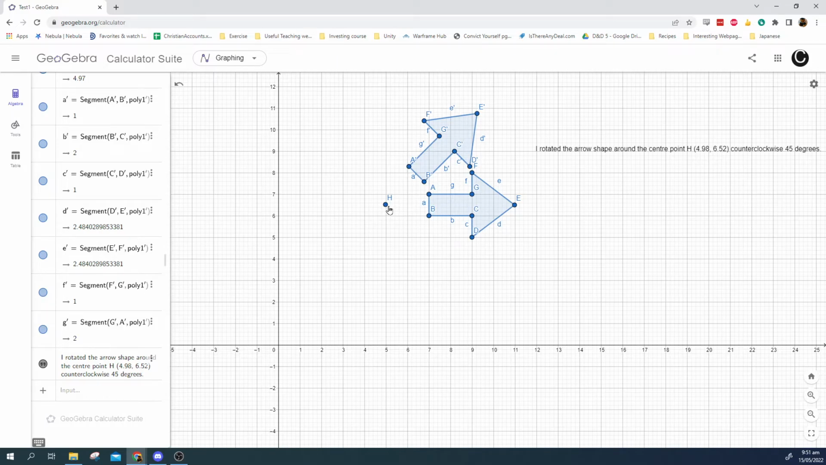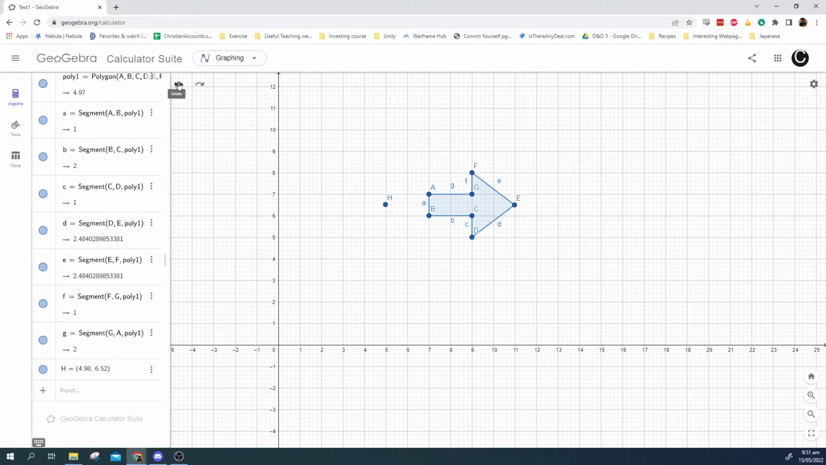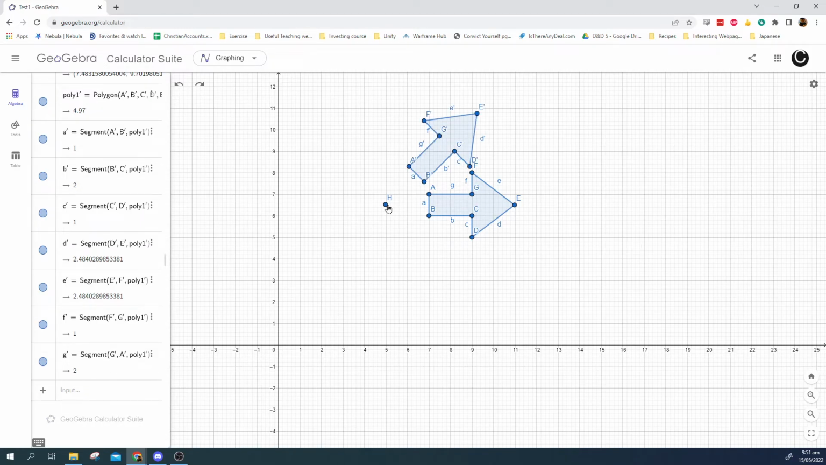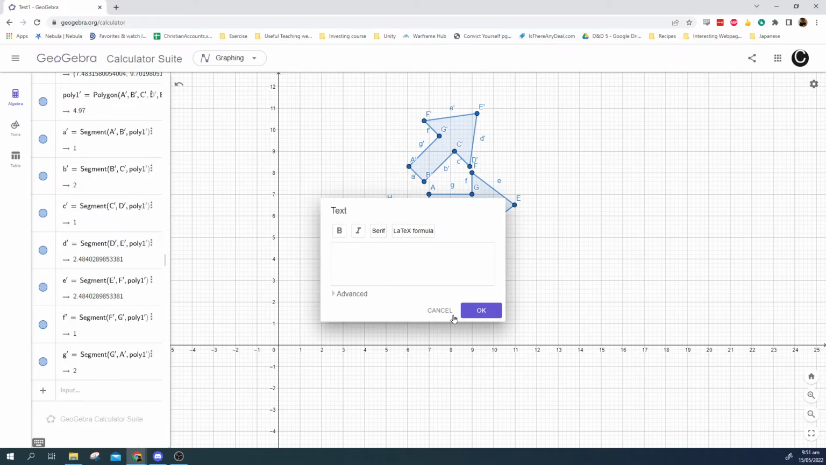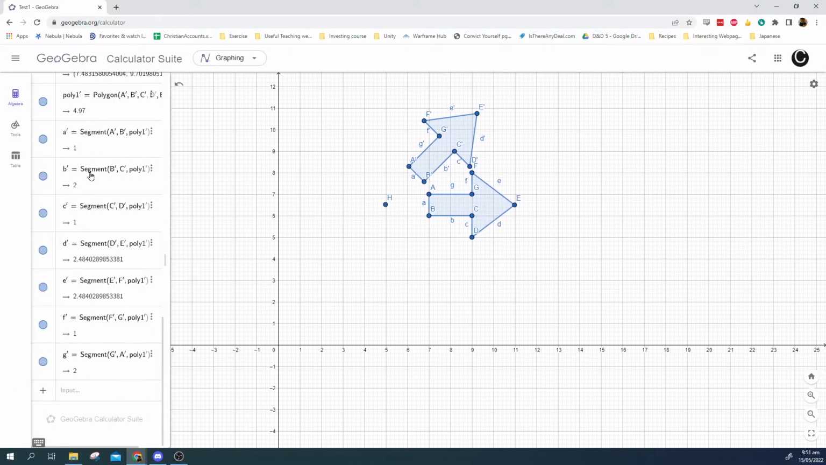So lastly, let's look at that center point thing again. So depending on where the center point is, that can change everything. If my center point H is here, you can see now that the arrow is rotating around H. If my center point were in the top of the arrow, you can now see that it's rotating around the top of the arrow. So wherever you put your center point, that's where it's going to rotate the whole shape